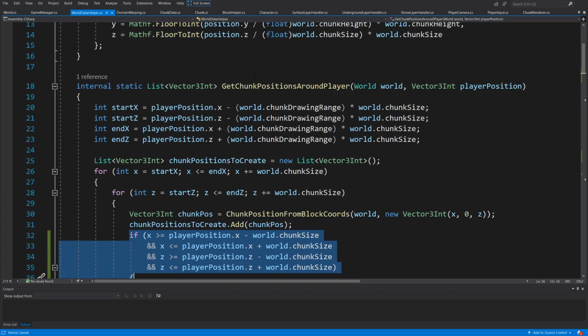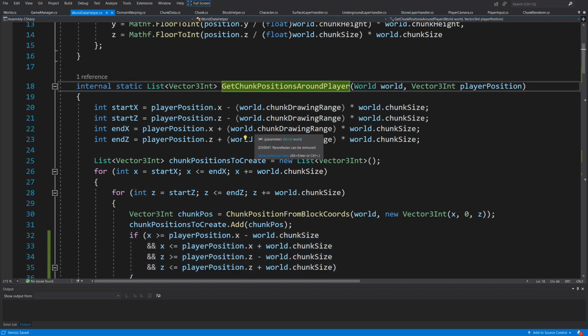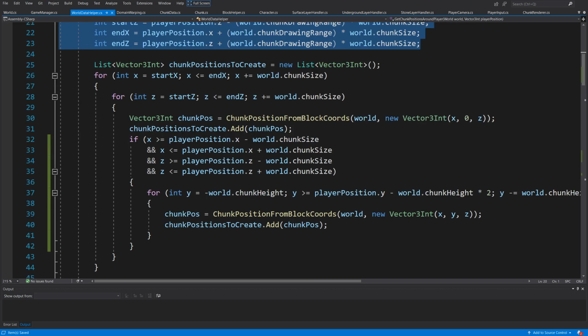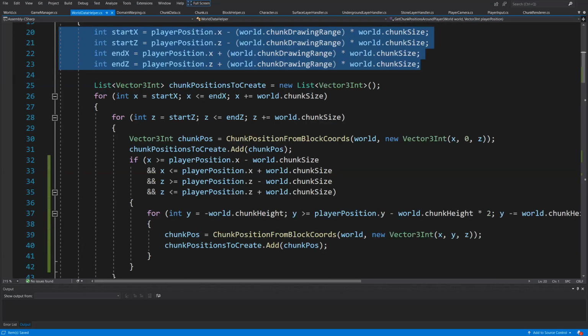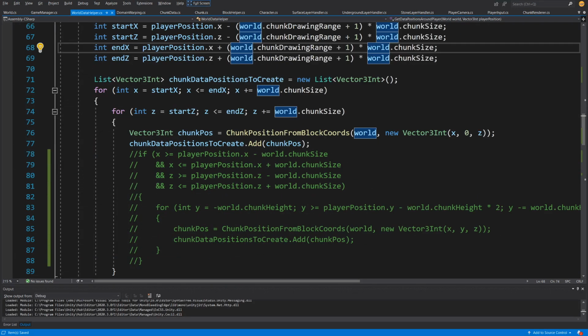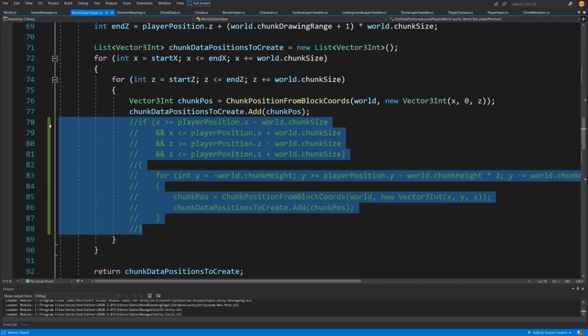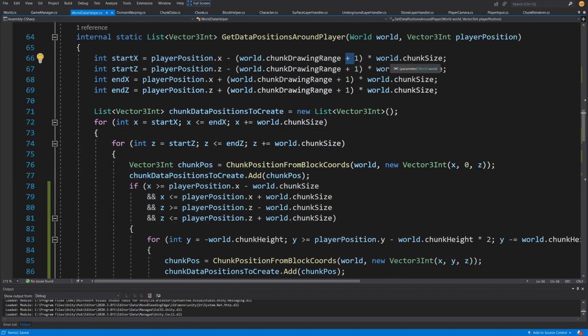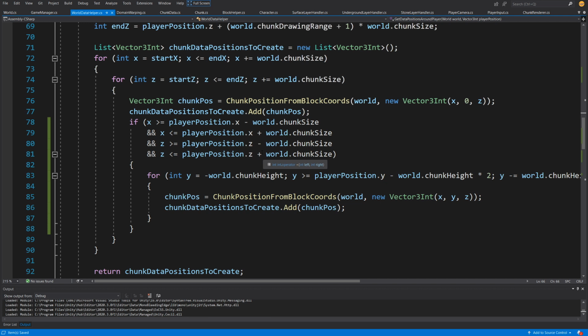So this was for the GetChunkPositionsAroundPlayer without one added to the range. Now below or above here, we should have the second method. Here it is. Now here we want to again uncomment this code. And we are not going to play around with adding one to this. Let's for now test if this all works.